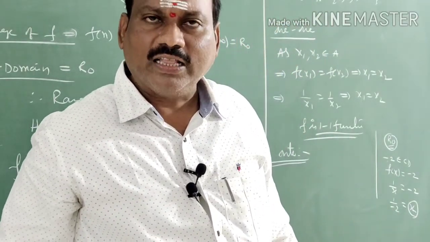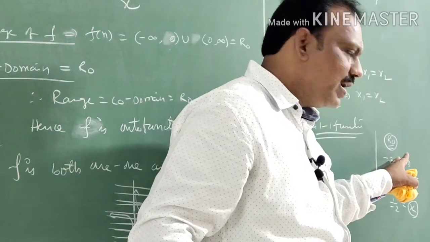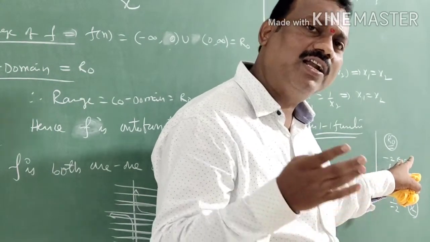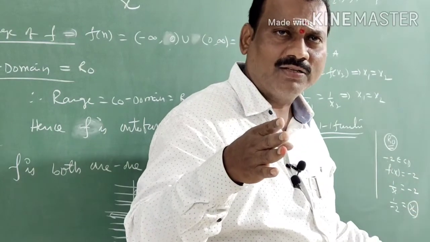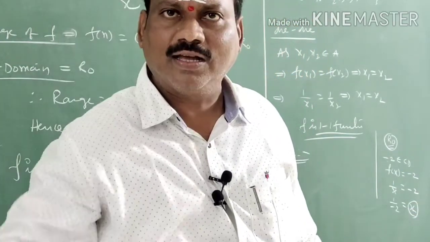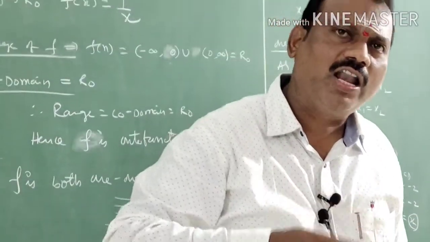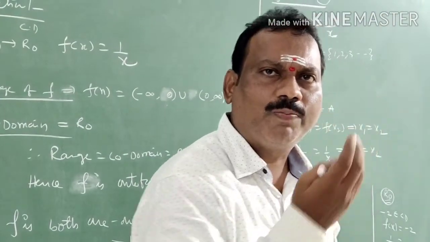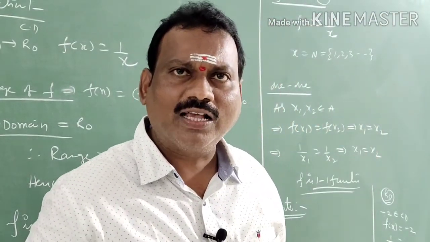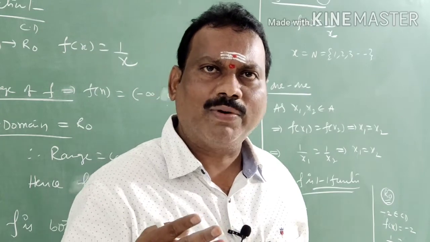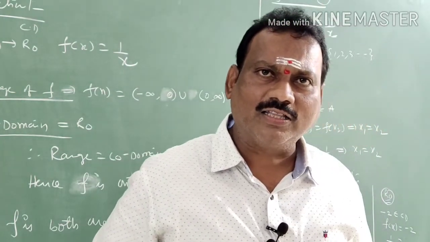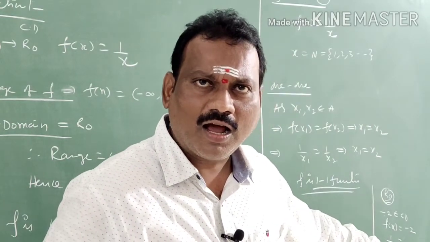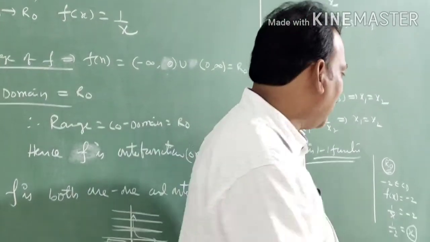That means there exists one number. Like that we have infinite numbers, there exist infinite numbers without a pre-image. For all negative real numbers, we don't have pre-images. Why? Because the domain is natural numbers. They are always positive: 1, 2, 3, 4, 5 and so on only. Correct or not? That's why it is not an onto function. Like that we can explain.